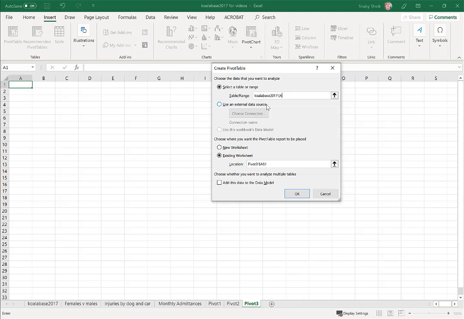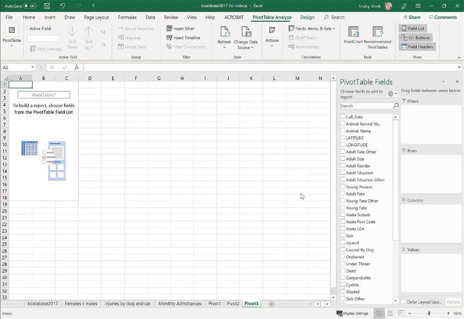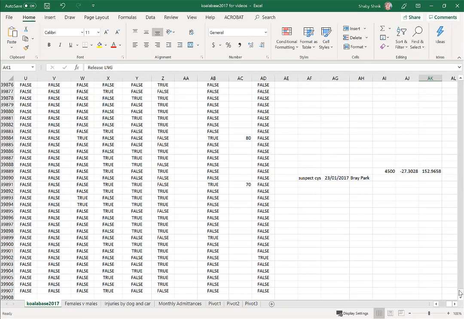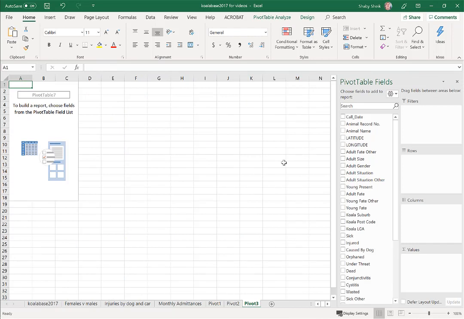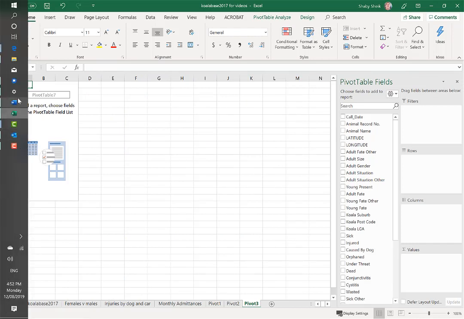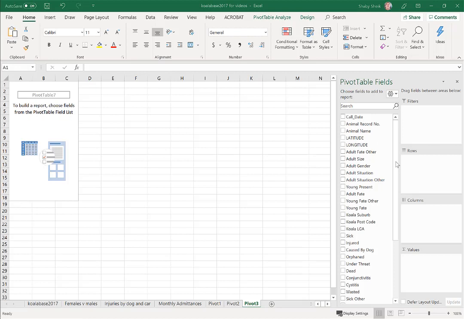the range A1 through to AK 39907, and I'm going to close that bracket off. And as you can see, my fields from my koala base are brought in, but I don't have to touch this data. So what I will be doing in this case is I'm going to be choosing the koala suburb,